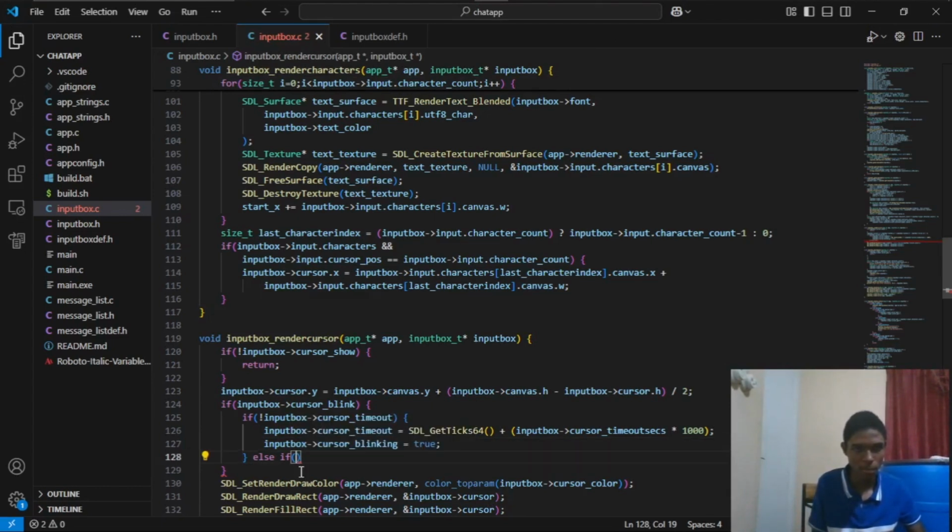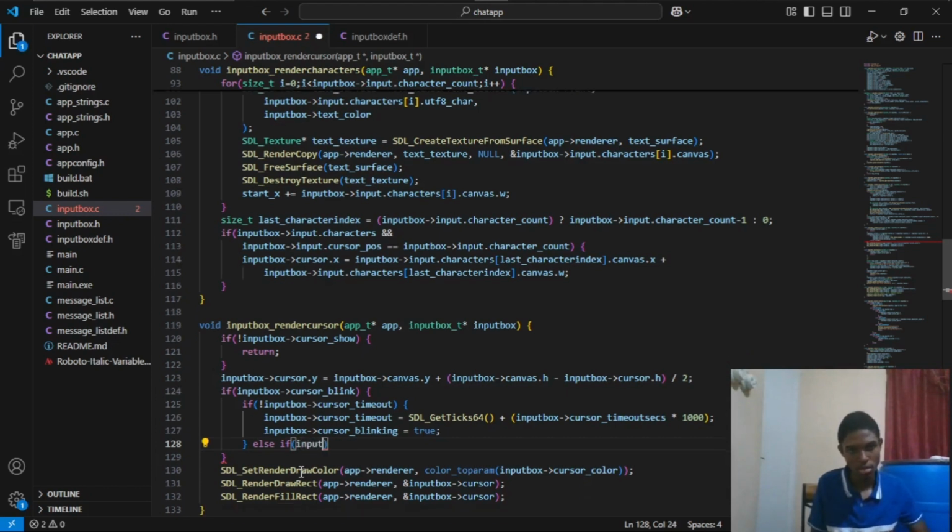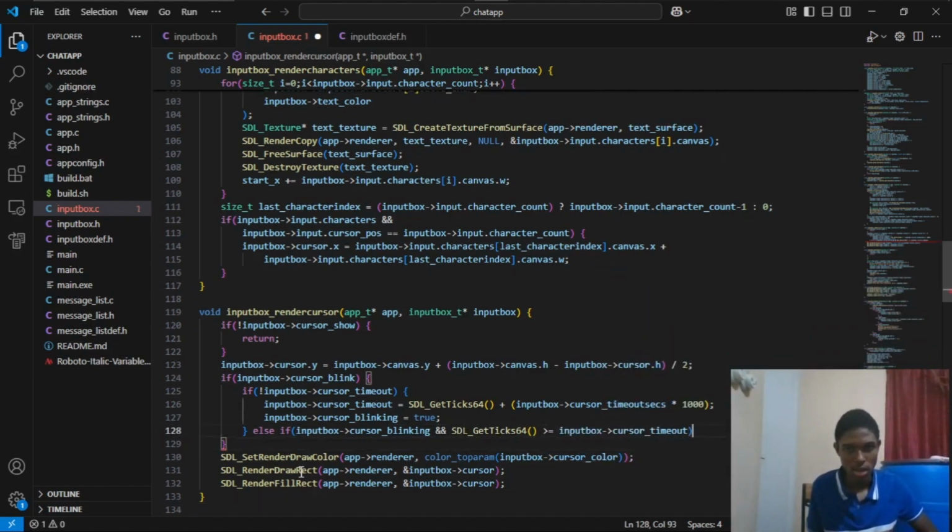We'll say if input box cursor blinking and SDL get ticks 64 is greater than or equal to our input box cursor timeout, then